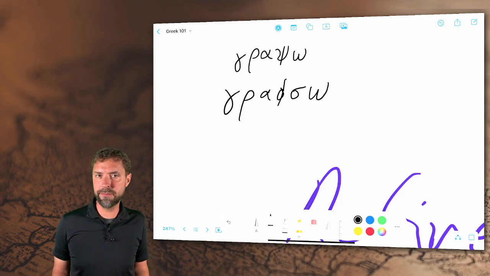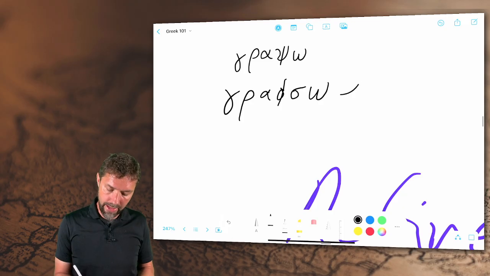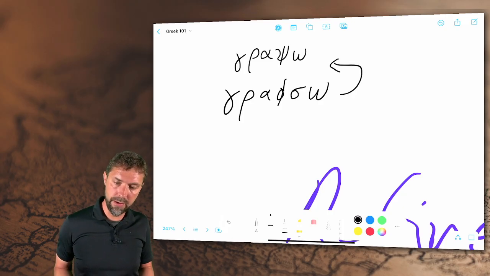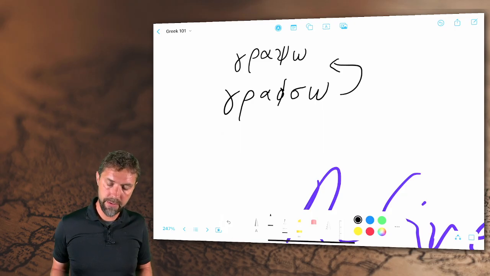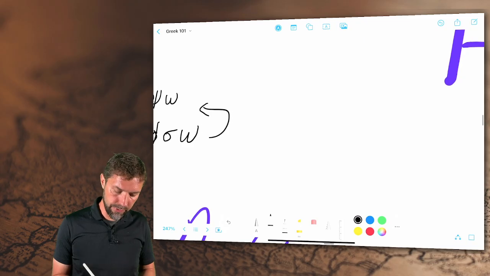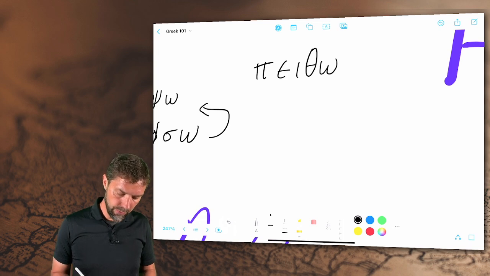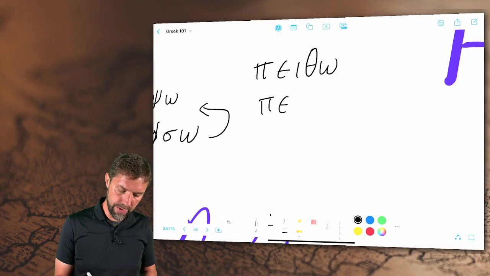I mean, it sort of kind of makes sense, actually. That's exactly what happened. The future form of graphō is grapsō. Similar things would happen with a verb, let's say, peithō. Okay, so to persuade or to trust. Well, if I take peith and I put on here